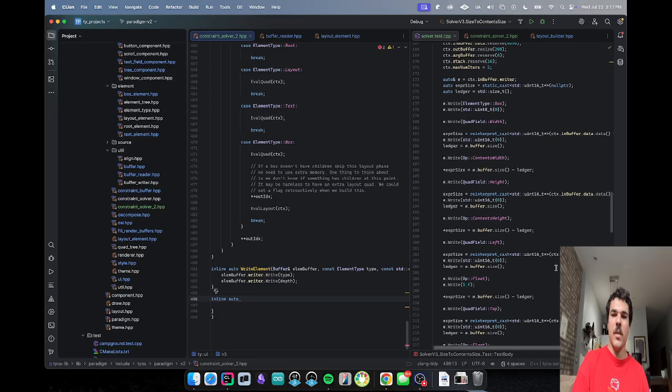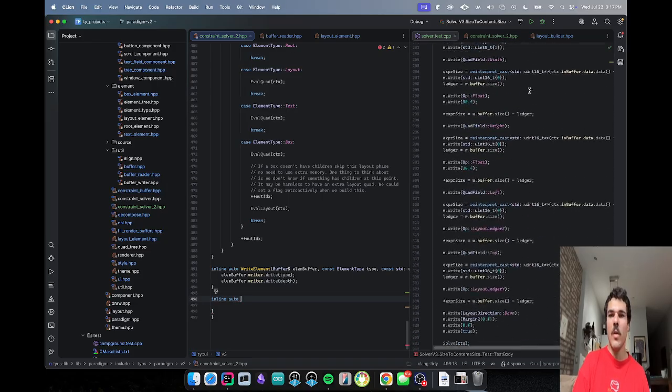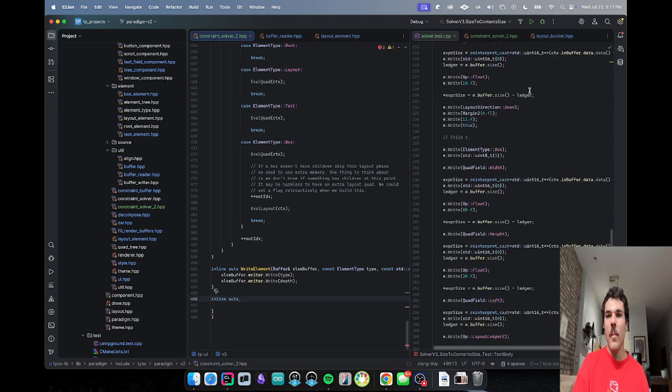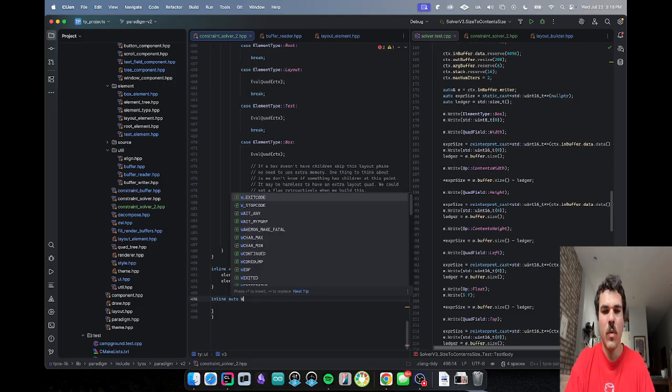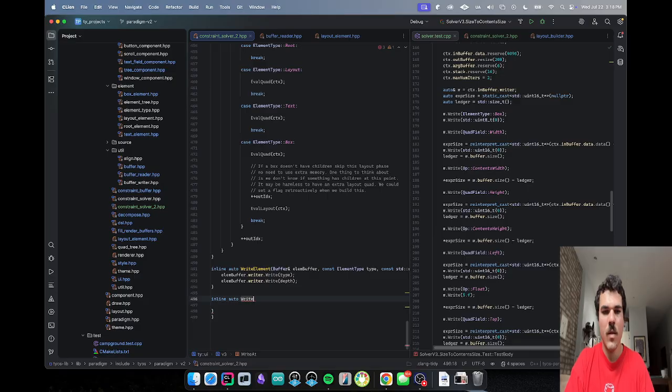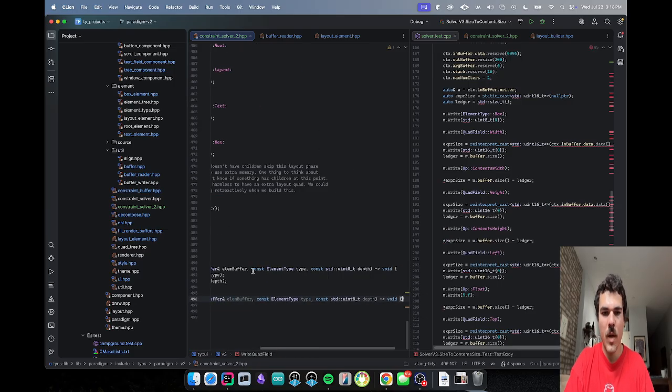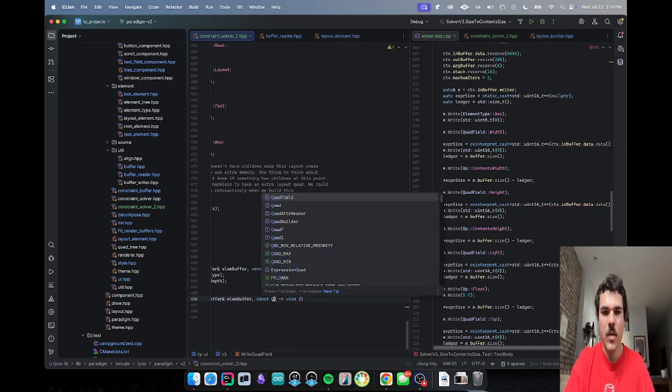This is very easy to turn into an API because we can see the different steps. It looks like a lot, but we can see how we would do something like this. So first we write an element. Then we would say something like write quad field, and we say something like buffer, lm buffer, and then we take a const quad field,